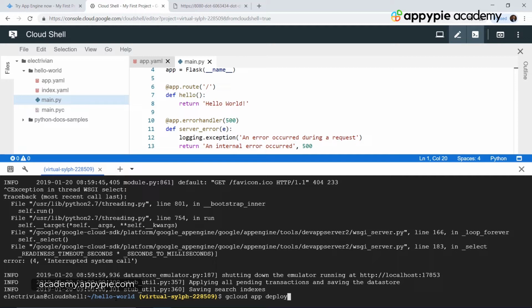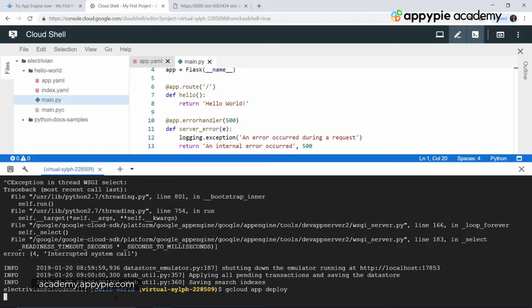Okay, so this will take all of your code and all of your dependencies and push them onto a Google Cloud instance, which will further be a scalable instance for your particular app deployment. So we have gcloud app deploy. So let everything load.